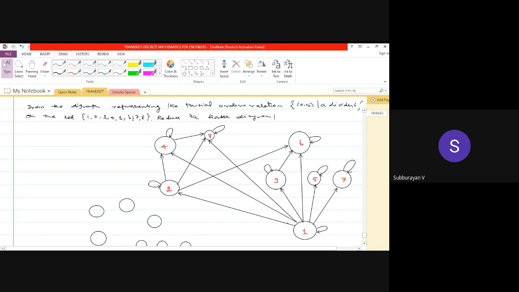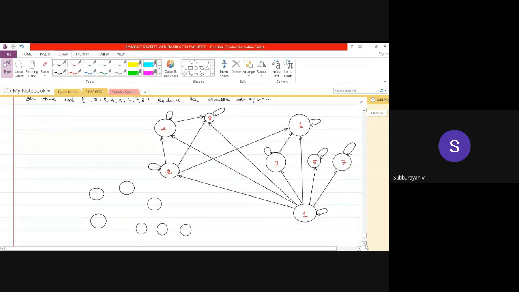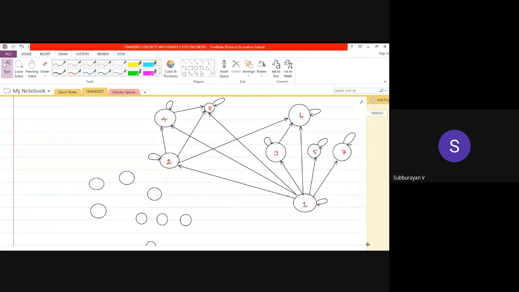And 6 divides 6 itself, but there is no other number divisible by 6. Therefore there is no edge from 6 except the self loop. Similarly, this is the directed graph for the above partial order relation. From this, we are going to extract